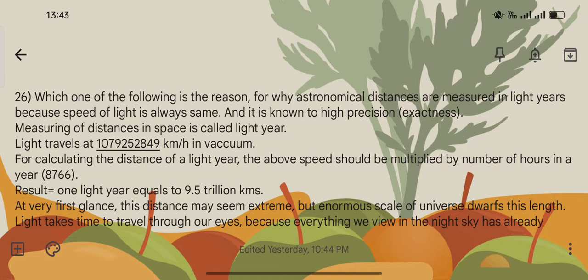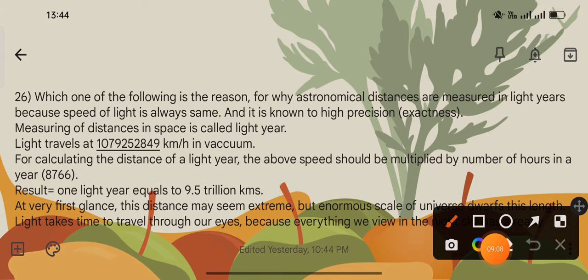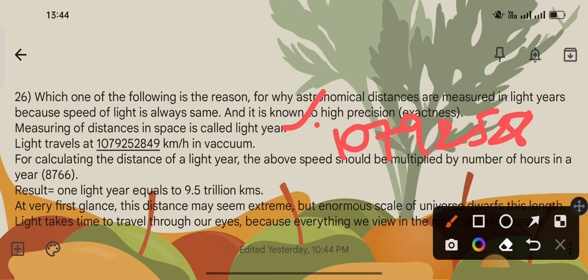Measuring of distances in space is called light year. Do remember this, very important. Measuring of distances in space is called light year. Light travels at 1079252849 km per hour in vacuum. For calculating the distance of a light year, the above speed